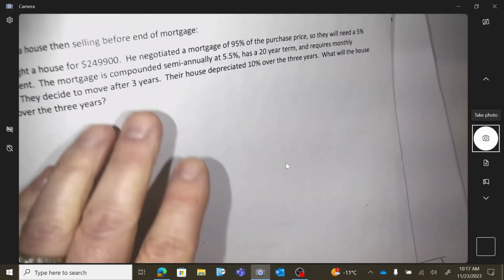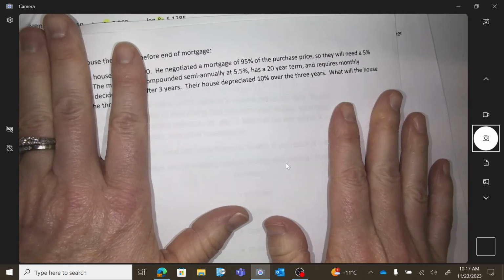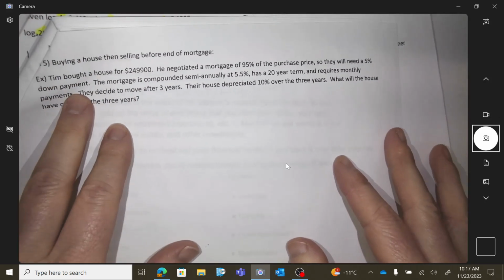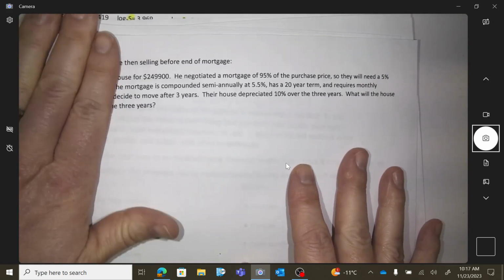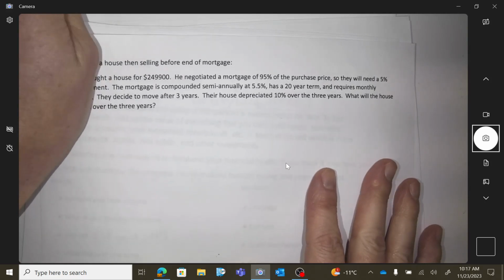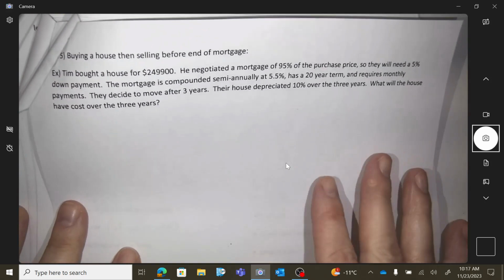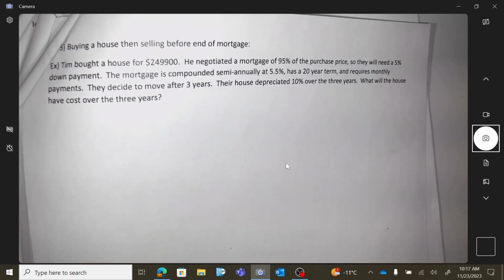Okay, buying a house and then you're gonna move before your mortgage is done. That's probably the case with most, right? Like when you buy a house in your 20s, you're not gonna live there forever, right? Okay, so we bought a house